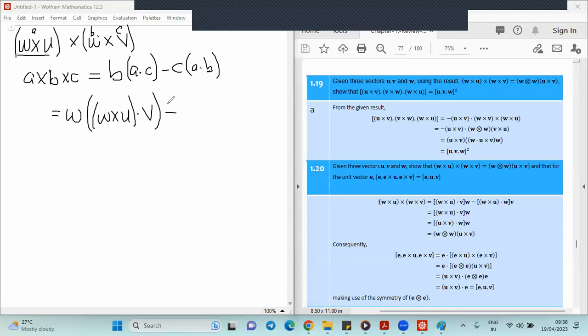Now moving on, what is C? C is V. What is A? A is W cross U. And then what is B? B is W. So we have W cross U dot W. I'm going to do something now, and that is to cancel this and see that all of the things we have written here in the second term